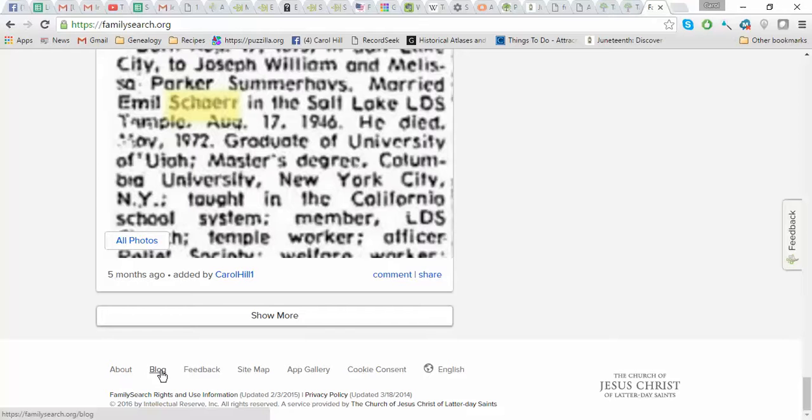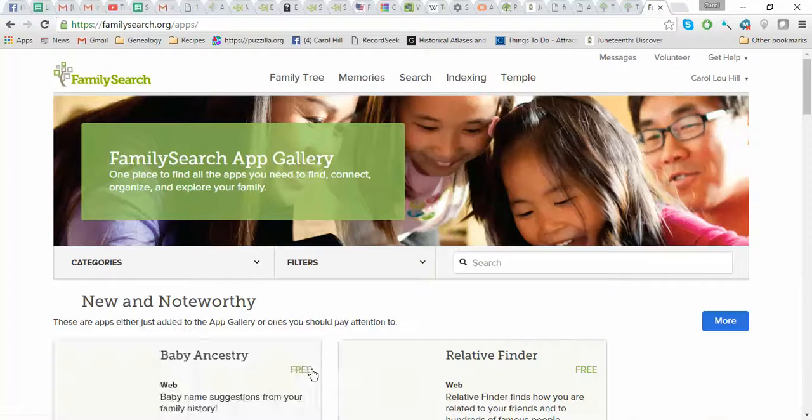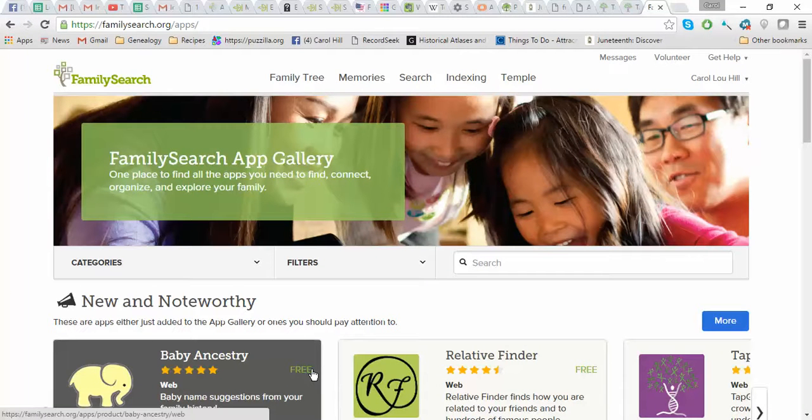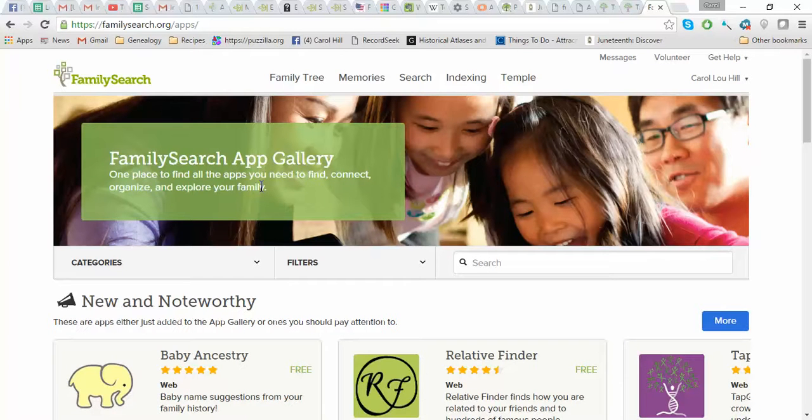Over here, number 5 is App Gallery. So you can always come here and check and see what apps there are that you might be interested in, that Family Search has approved or is a partner with. And so here's the App Gallery for Family Search. You can also get to it at